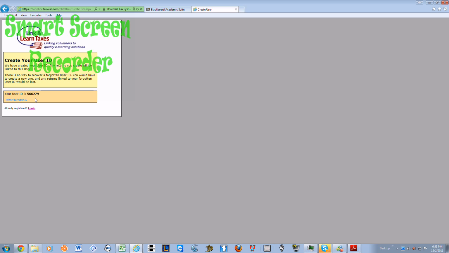Alright, and you definitely want to save this, because this is how you're going to be able to practice any of your returns, start new ones, look over your old ones, or continue your old ones if you didn't finish it the first time around. You're going to need to use the same user ID number. So once you get this, save it somewhere, make sure you don't lose it. Alright guys,